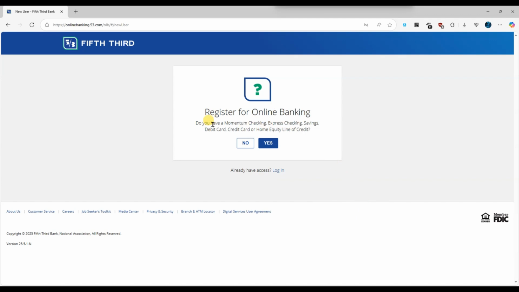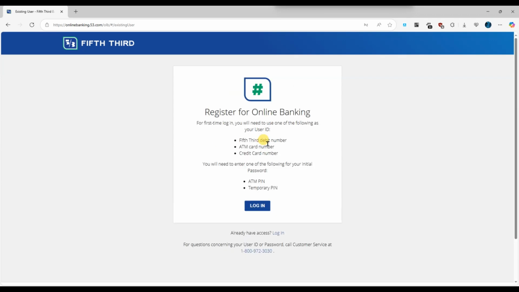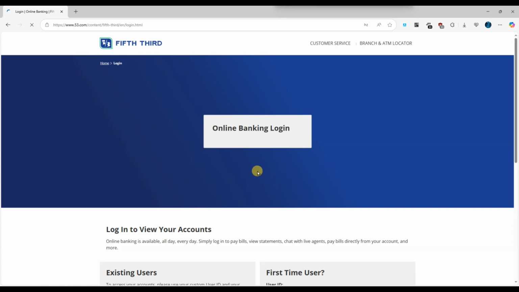Third Bank, such as Momentum Checking, Express Checking, Savings, a debit card, credit card, or a home equity line of credit. You will see Yes and No option. Select Yes to continue. To register for online banking, you will need to enter your Fifth Third debit card number,